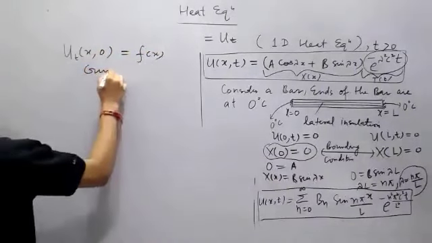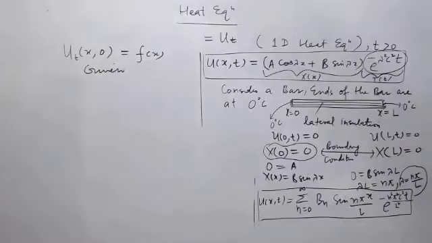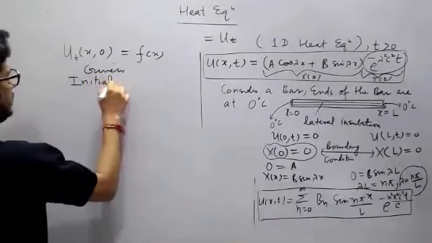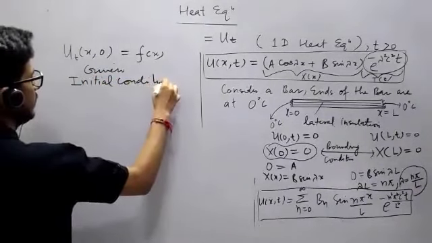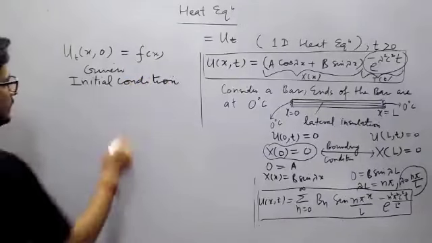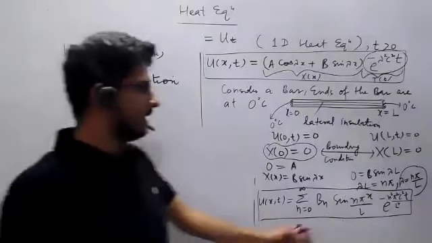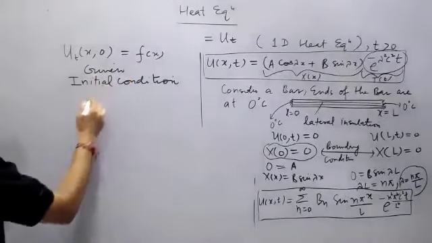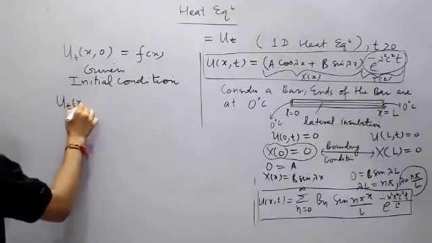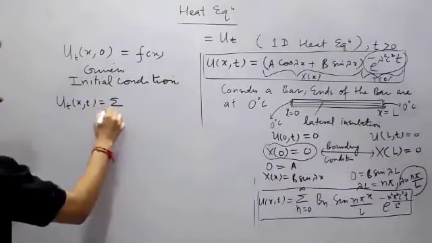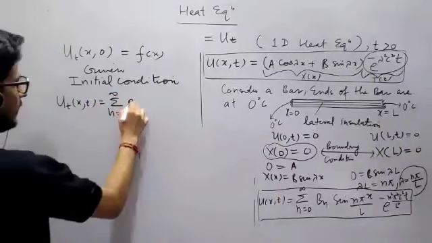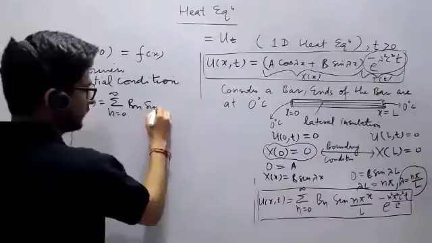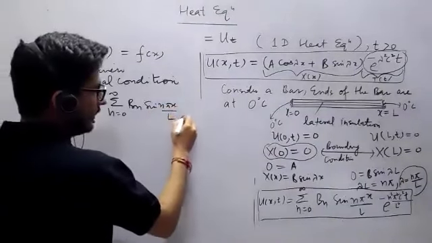If this will be given, this is the initial condition because it is given in time. This will be given, and using this condition, this bn will be calculated. Okay, you know the Fourier concept. So I will first calculate ut of x comma t, that will be given by summation n equal to 0 to infinity bn, and sine of n pi x by L into